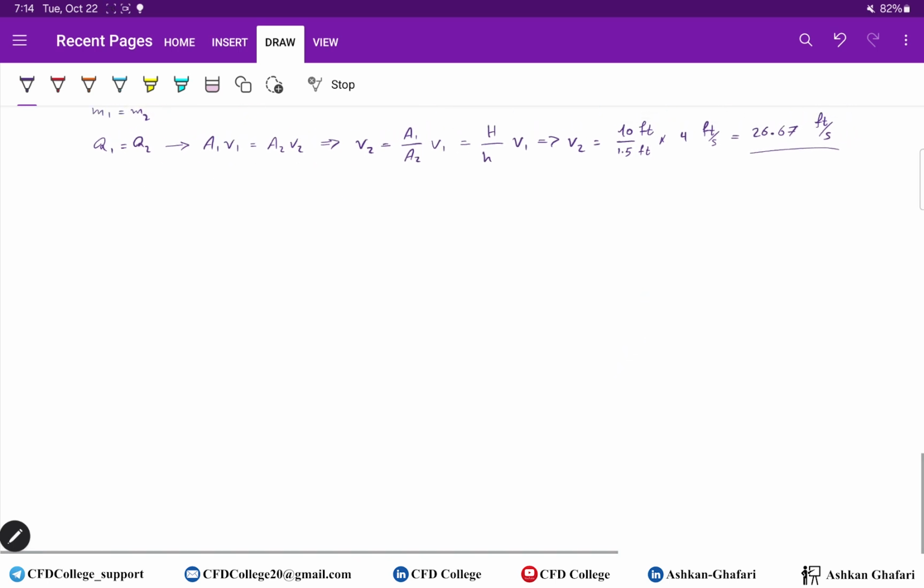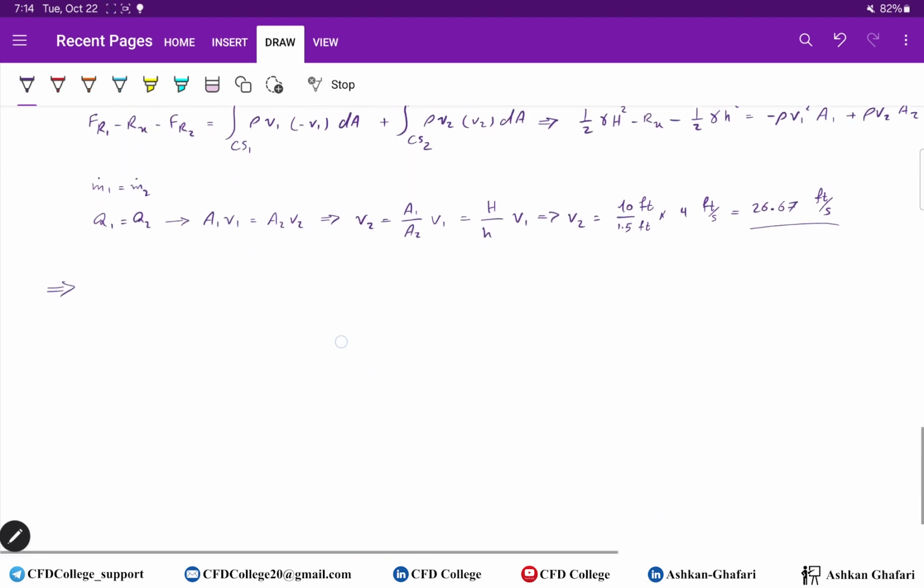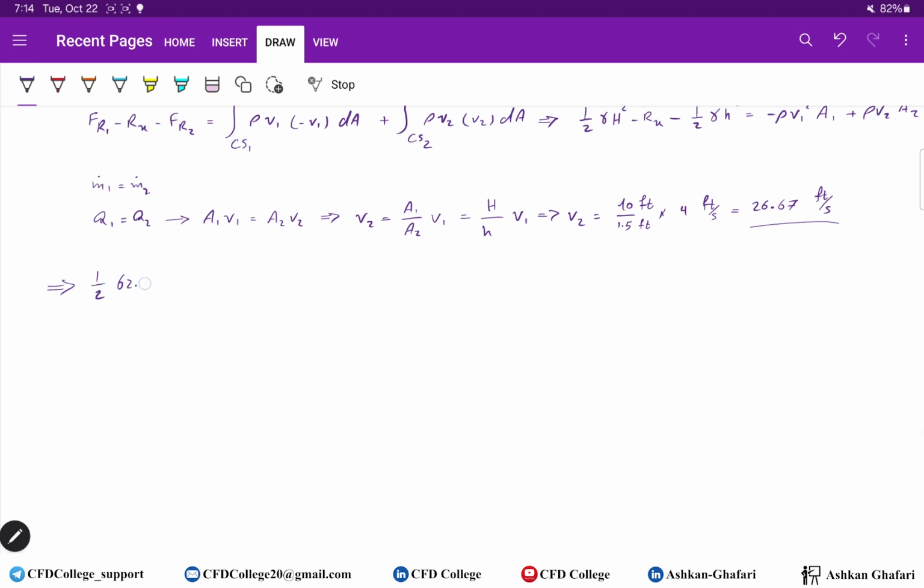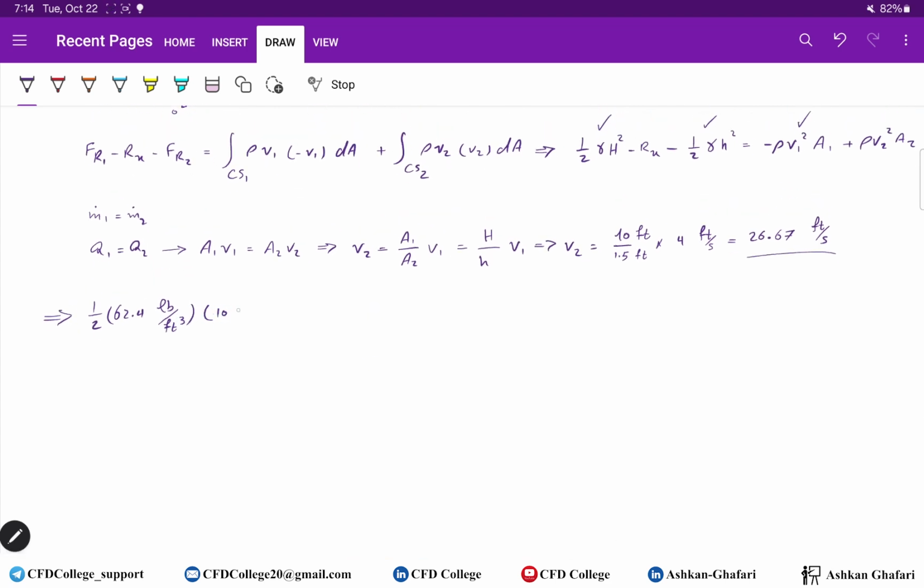Now we can find Rx. As you know, okay, let's put the values. 1 over 2, 62.4 pounds per cubic feet times 10 feet square minus Rx minus 1 over 2, 62.4 pounds per cubic feet times 1.5 feet square equals minus